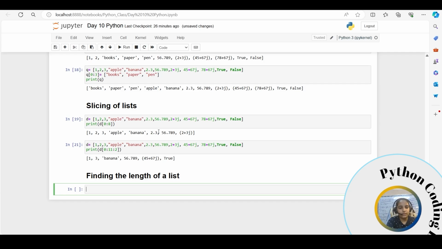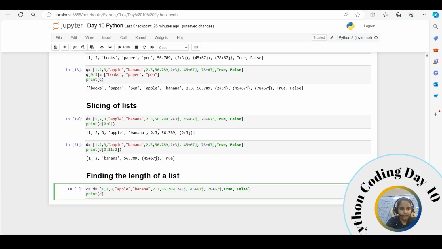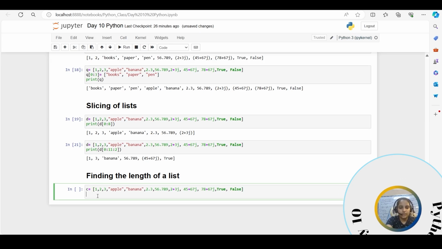Now to find the length we will take the same example, and then we want to find, okay, just find the length of this list, so we'll write print